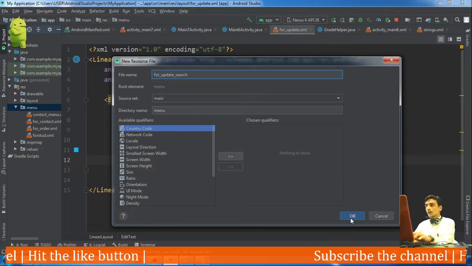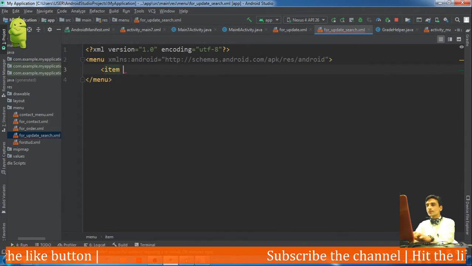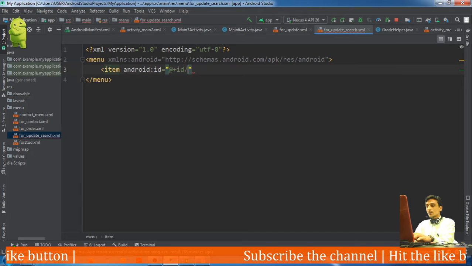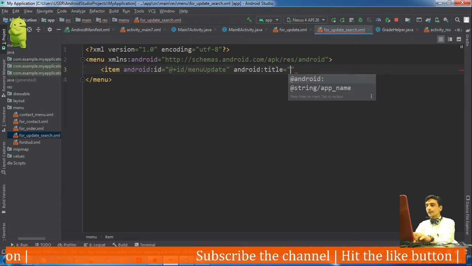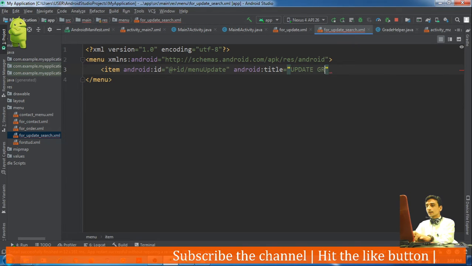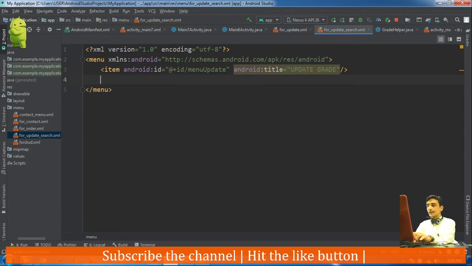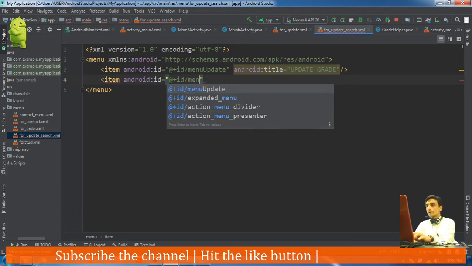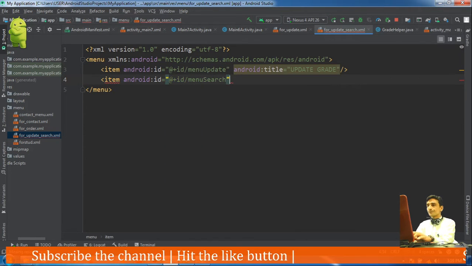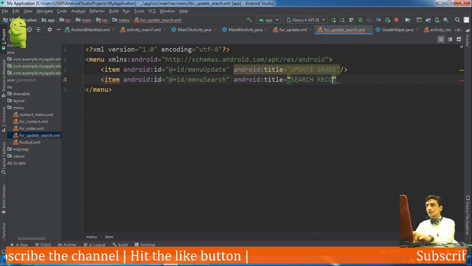Okay, and in this menu resource we will put two items: menu update, and the title will be update grades, or grade, and the next menu item will be menu search, the title will be search record.